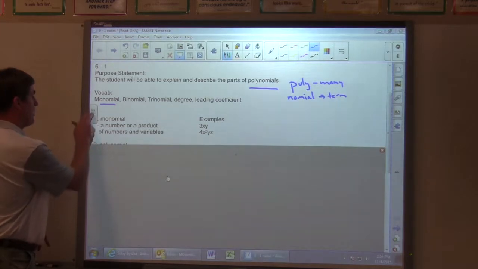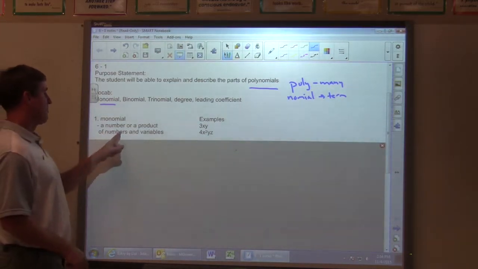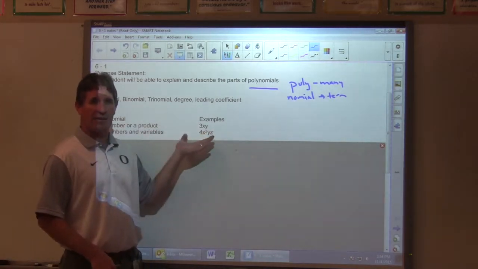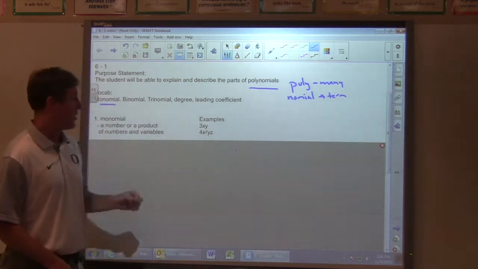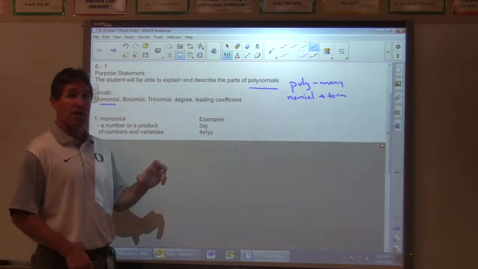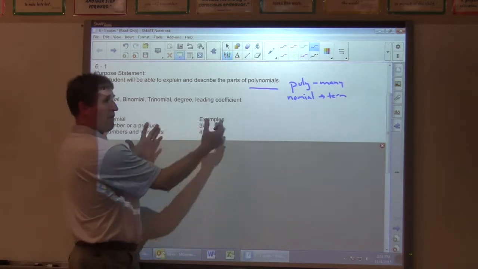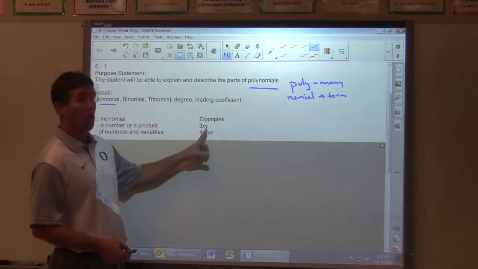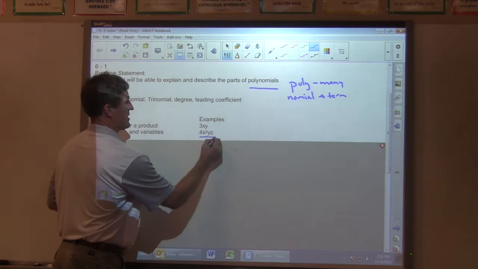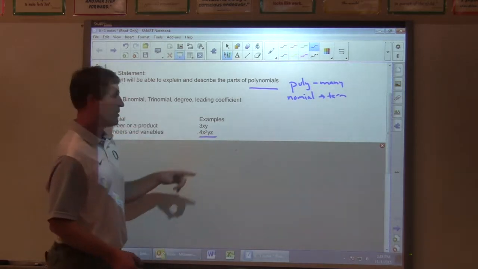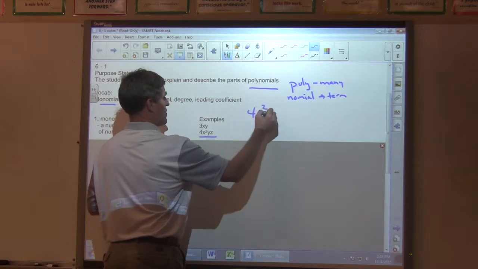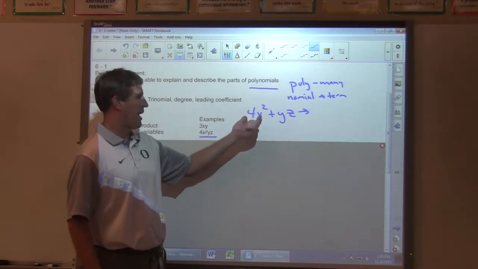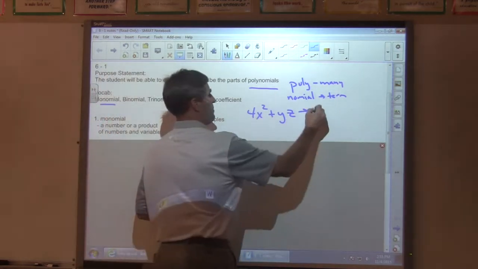So, a monomial. Remember, a monomial is a number or a product of numbers and variables. So in other words, if it's all multiplied together, then it's one term, so it's a monomial. Terms are separated by addition and subtraction signs. So it doesn't make any difference how many numbers or variables I have in this, it will still be a monomial if it's all multiplied together. But we can take these same numbers and variables and write it this way: 4x squared plus yz. And because it's separated, we basically have two monomials, and so this would be a binomial